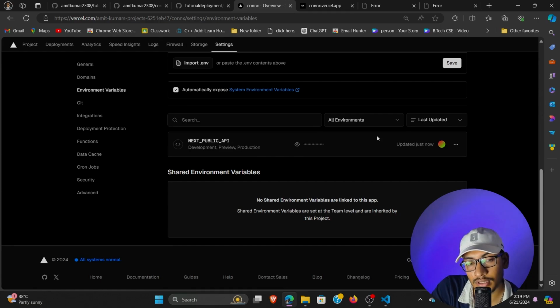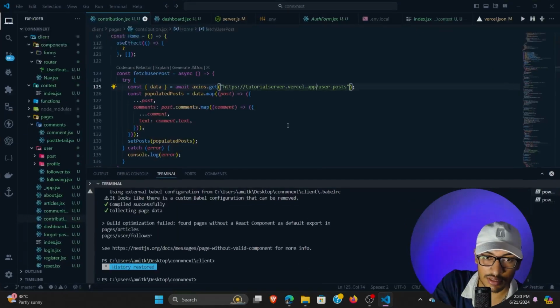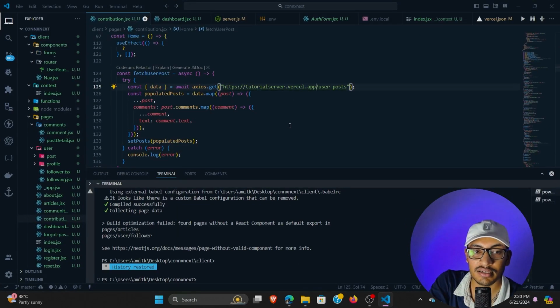Here I'm adding my server link in environment variables, but sometimes beginners don't create any environment variable for that particular link. They simply attach their backend link like that. So this also works.